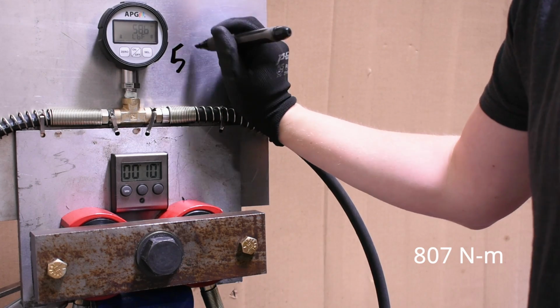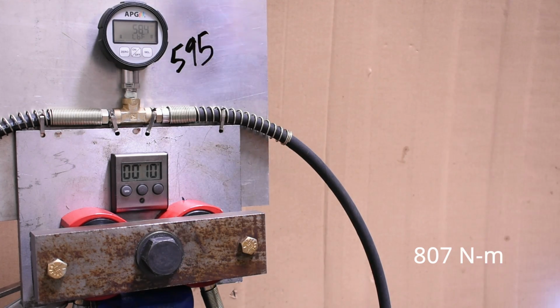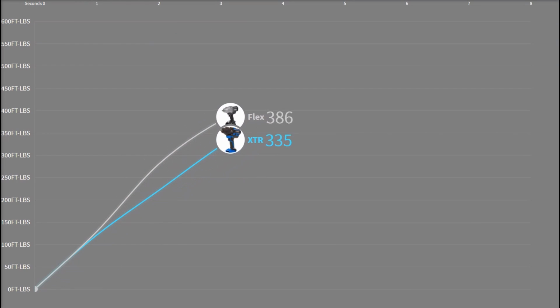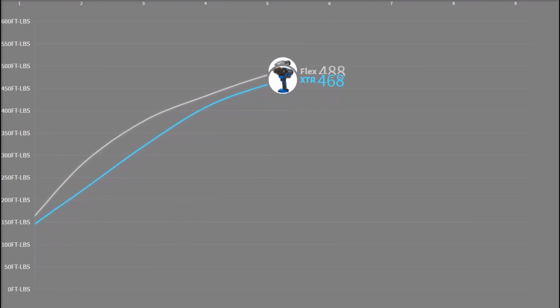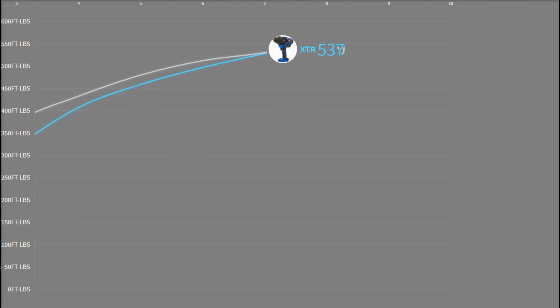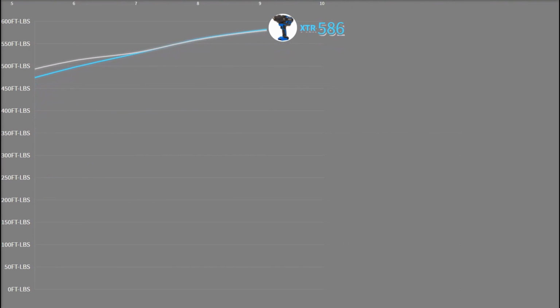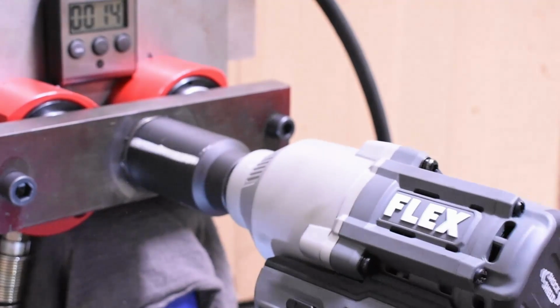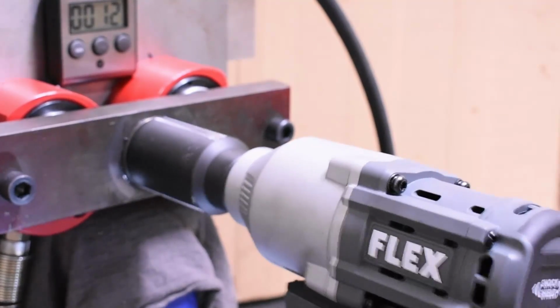Compare that to the Flex, and they are basically interchangeable here, which maybe so far is not all that surprising, being both 24 volt high torques from the same company. But one difference you will notice, and heck, maybe this is the only difference you'll notice besides size, is the wrist torquing action. The Flex, with its shock shield design, something we fully endorse as cordless tools are terrible about this compared to air,